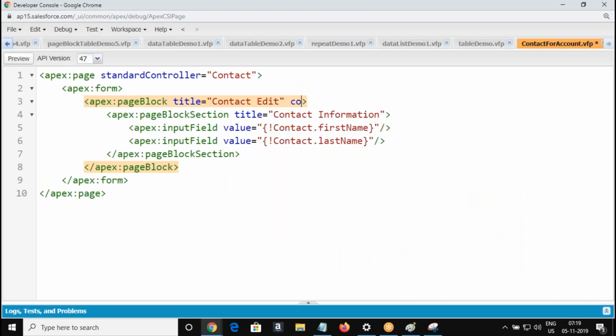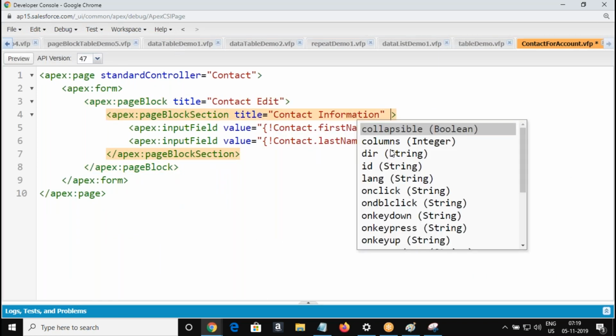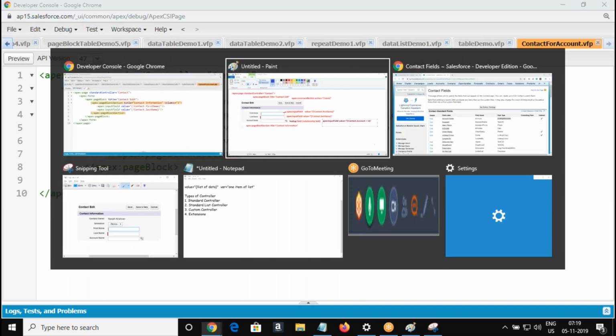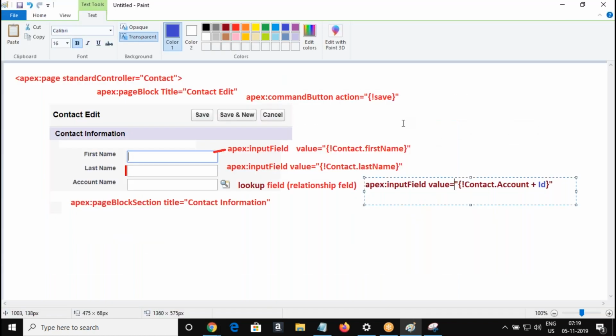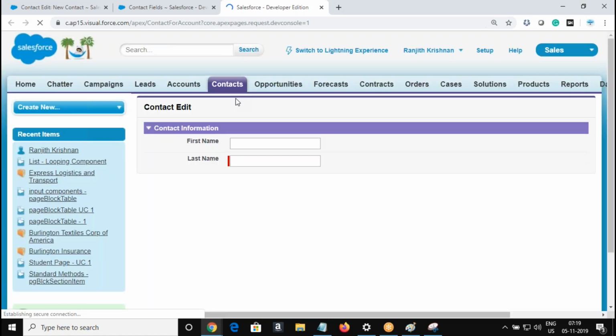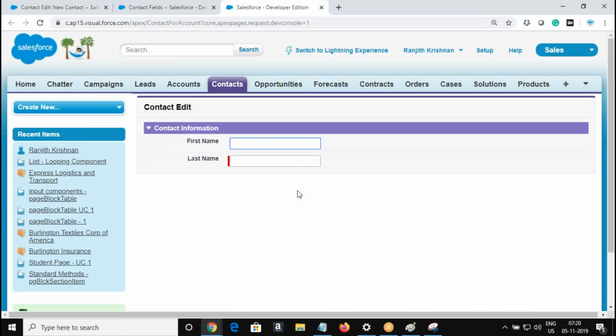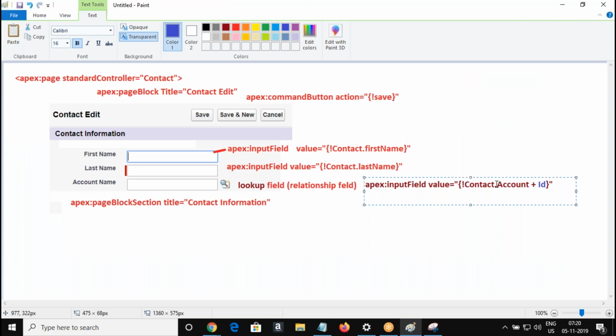So in your page block section, you're going to make it a one column layout. By default, it's a two column layout, right? Your page block section. So get a page like this. So how to bring this account name, right? Here. So what is the naming convention? The field name suffixed with Id.